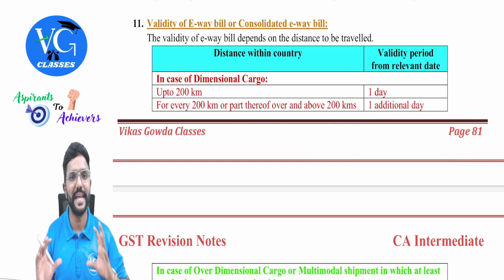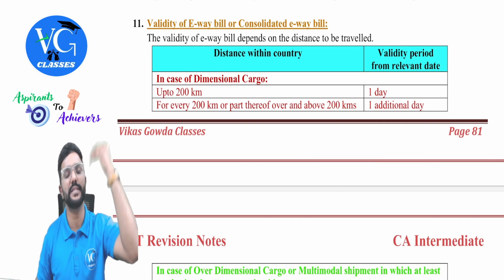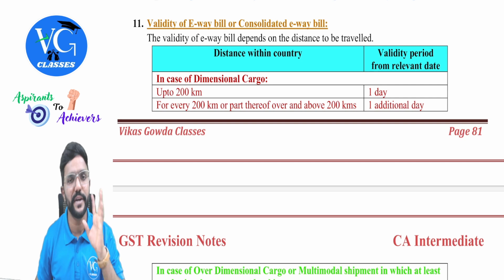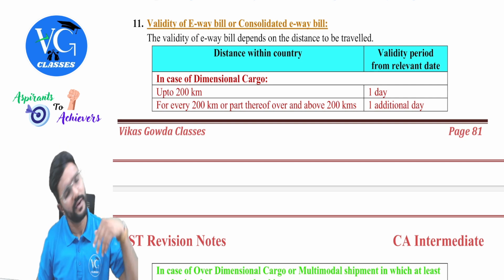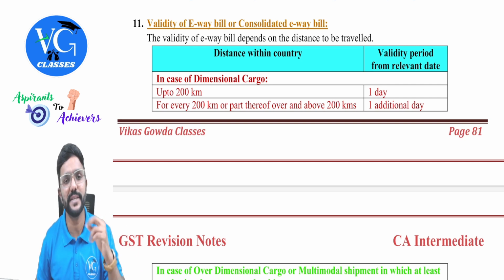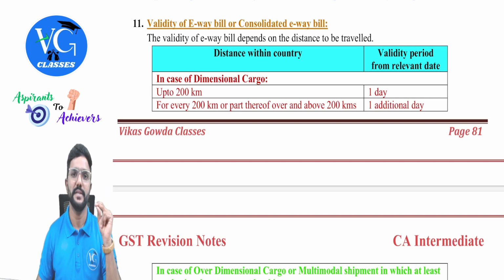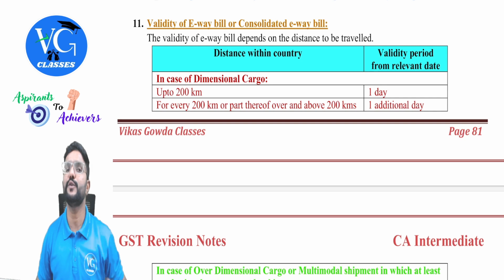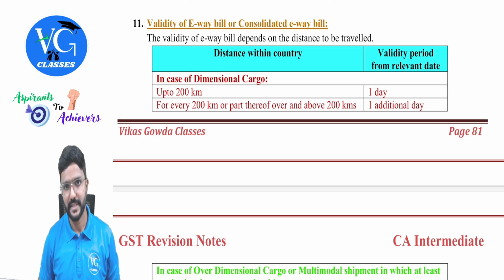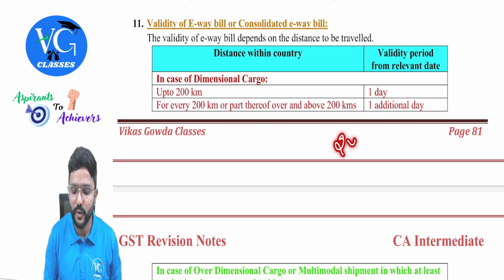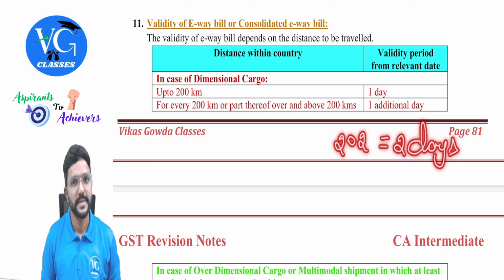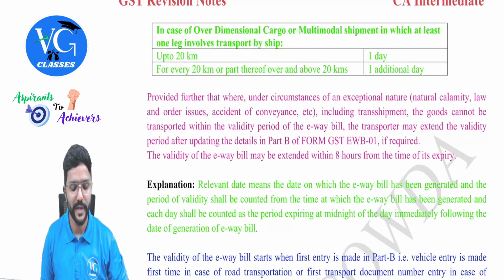So always round it off. Don't take any decimals. Round it off to the next. So for example, even if it is 3.2, take 4 days. 3.1, take 4 days. 3.7, 3.9, take 4 days. Any decimal, round it up to the next day, guys. Is that clear? Sir, what if it is 202 kilometers? Still you will get a benefit of 2 days only.